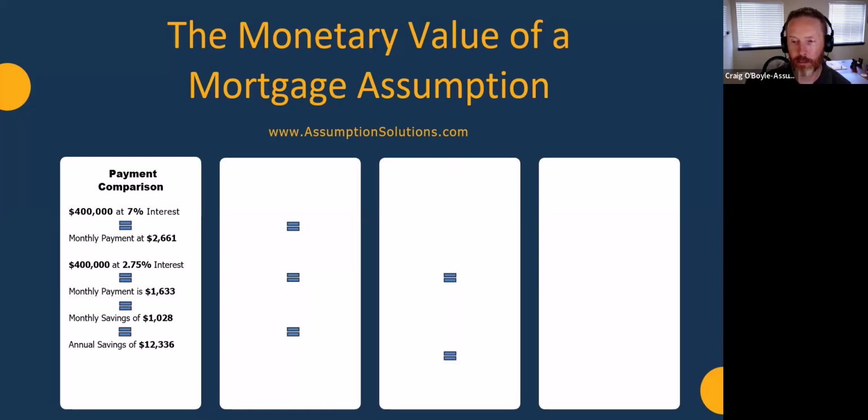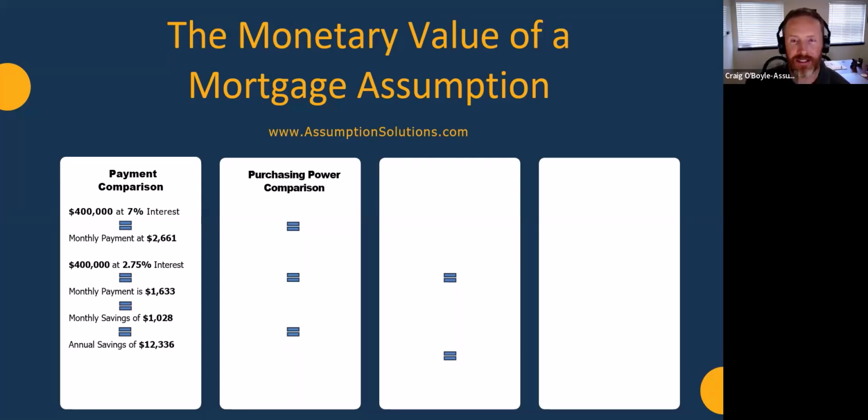Those headline numbers are very attractive to people. You know, the old saying, buyers, at the end of the day, they live with the payment on the house, not the price of the house. This is what they feel on a monthly basis. And so that is a big deal, massive difference. And it's not even the widest range we've seen because while at the time of recording this, rates are probably hovering near 7 right now, I think we got as high as 8%. So it was even more extreme at one point than it is today.